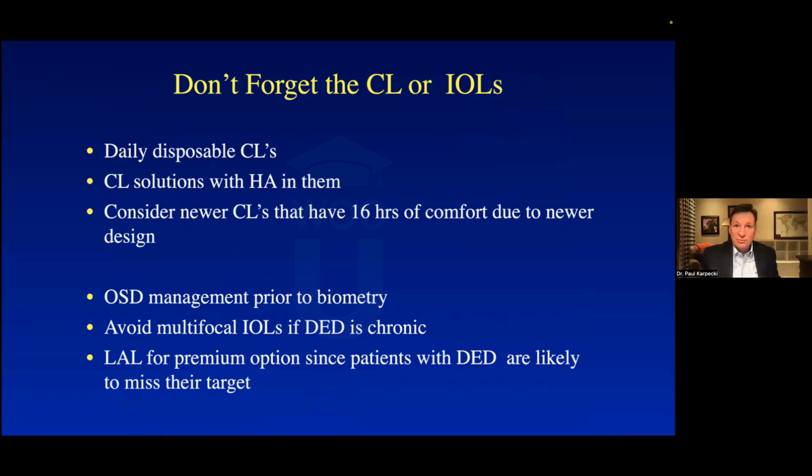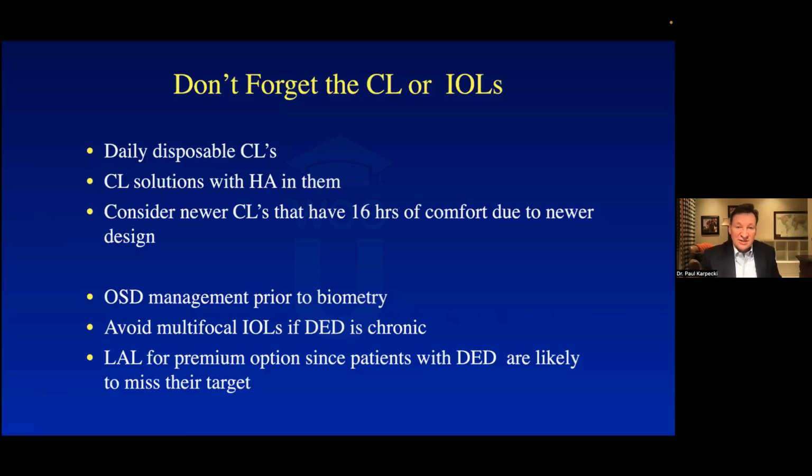I couldn't make it any simpler in the sense that I'd be disingenuous in not saying there are different forms of dry eye. I've been doing this for almost 30 years, and I realize my success has come from identifying which is which. There's not just one treatment. Each one has its own algorithm. Once you do get things controlled, though, change the modality. Go to a daily disposable contact lens. Use contact lens solutions that have HA in them. Those are the number one solution anyway, and that's why it has HA in it.